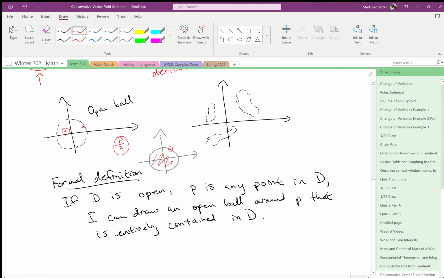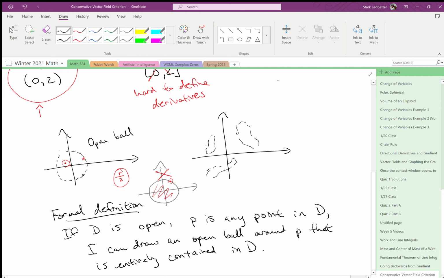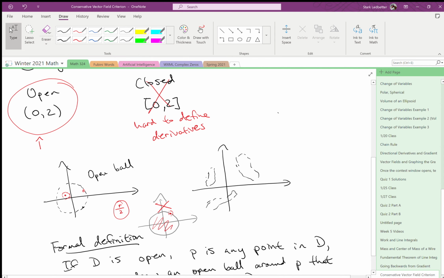So that is not open. And in fact, if I include any one point on the boundary, that ruins it. That's now not an open ball. That's not open or closed. That's nothing. So if you go to higher dimensions, or actually we can do this with one dimension as well,